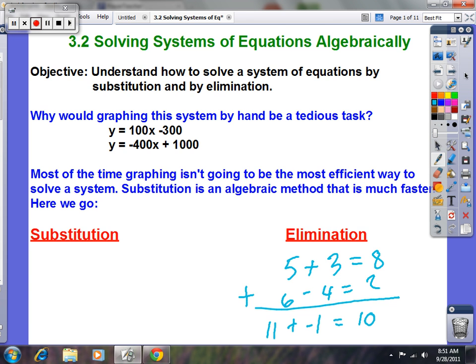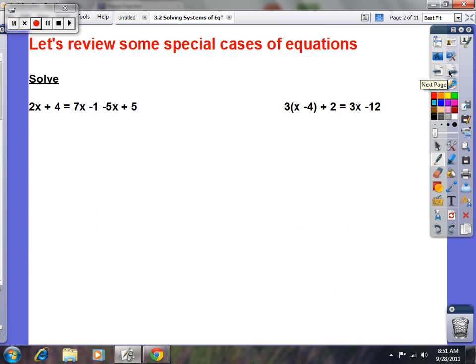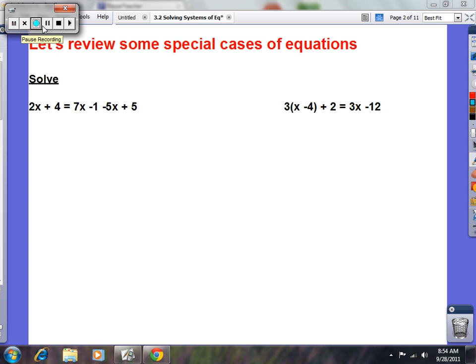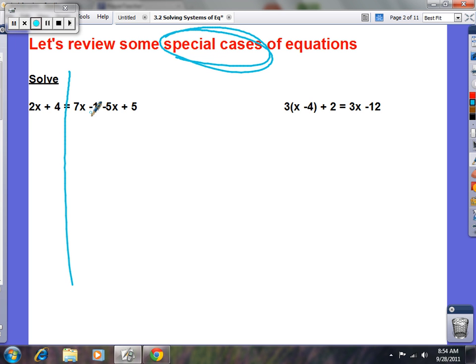Okay, let's do some substitution. First of all, solve these guys. Go. Okay, circle this. These guys are special cases. These are weird. These are not your everyday equations. This first one right here. Clean up this right side. Combine your x's. 7x minus 5x is going to be 2x. And then combine your constants. What's minus 1 plus 5